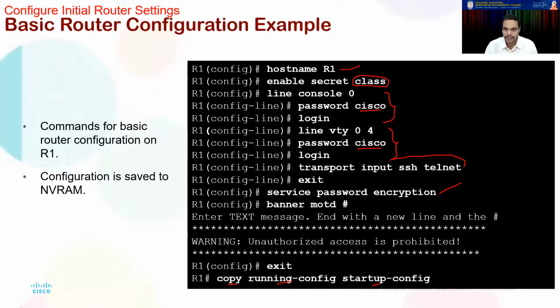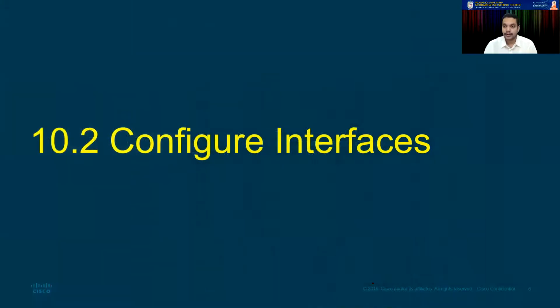So these are the basic steps that you need to do for configuration of a router. The similar steps are done for your switch also. There is no big difference at all whatsoever. The difference comes from this point onwards, where a router has several interfaces. And do remember my earlier modules, where each and every interface of the router has got its own IP address.